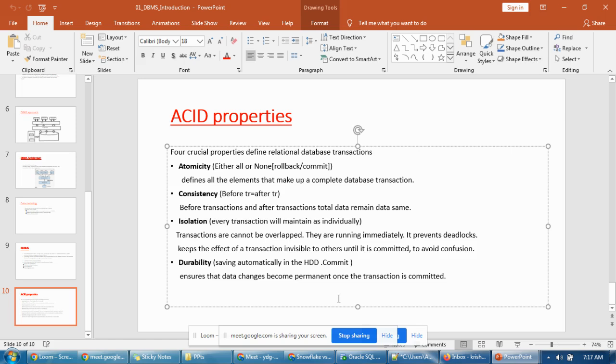Durability means that when you are doing transactions, your transaction should be saved permanently in your hard disk. Hard disk means your permanent storage. It can be a server or a personal system, whatever it may be, but it will be saved permanently. How will it work? By using the commit option. If you do the commit, your changes will be permanent. Otherwise, the changes will not be